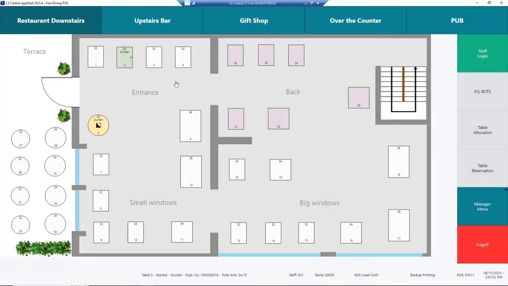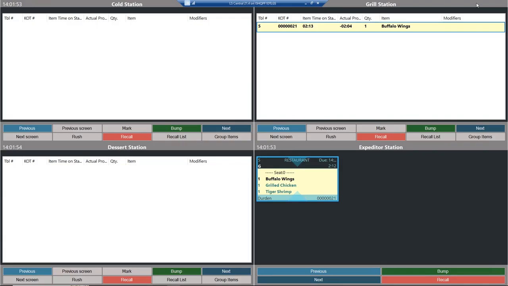So let's now jump back to the kitchen. Minimize here and we are here. And now you see the yellow thing happen because we are overdue. And this can be configured to how many minutes there are after production time. Things like that. That's all configurable in back office etc. So now the chef here is finished with the buffalo wings. So he bumps. So now everything on this order has been prepared on production stations. In this case, only 1.